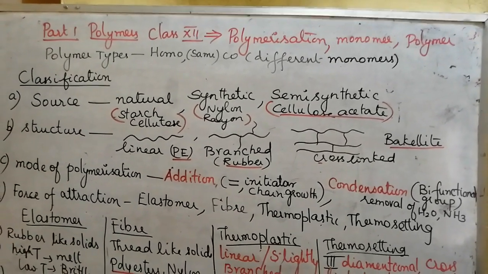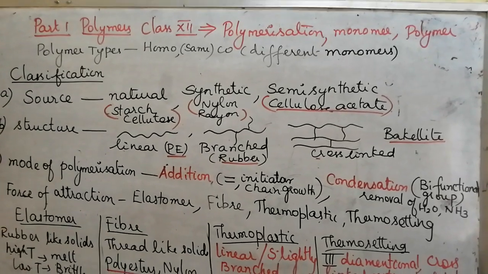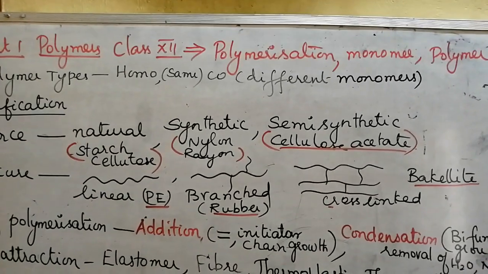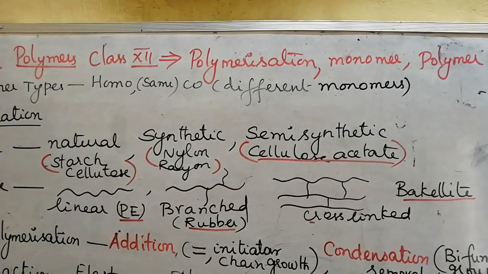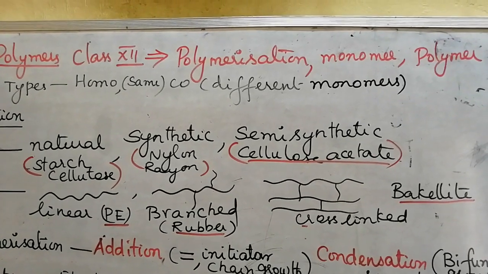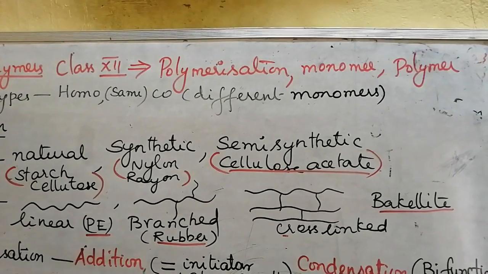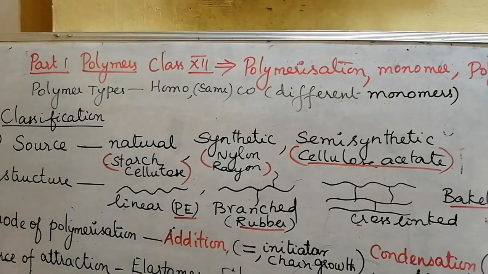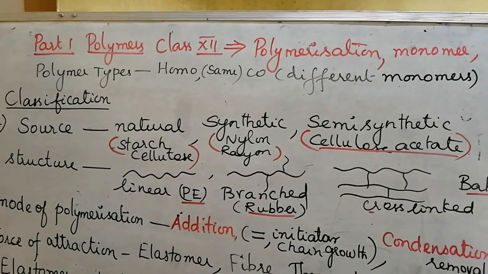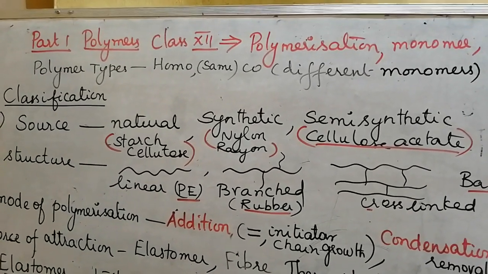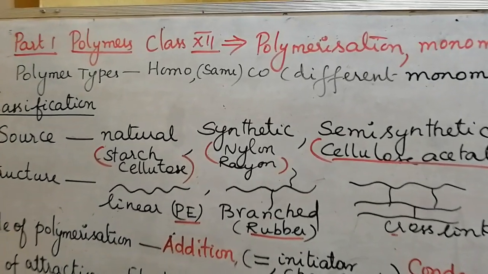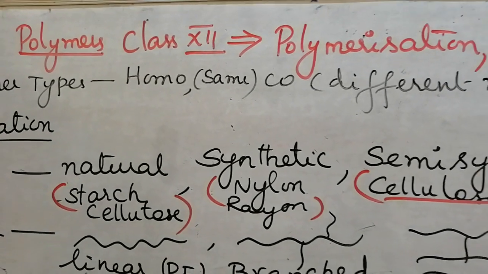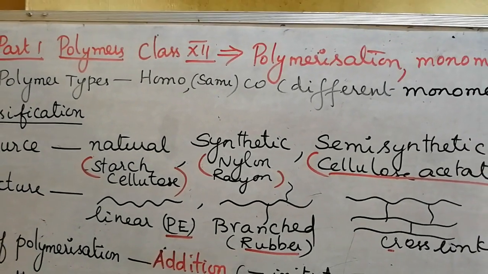Likewise, small organic molecules combined together can form a long giant molecule called a polymer. The small molecules which are combined are called monomers. The giant molecule is called a polymer. This process is called polymerization. As I told you, the garland can have the same type of flower or different types of flower. Likewise, the polymer which contains the same type of monomer is called a homopolymer and different types of monomers make a copolymer.